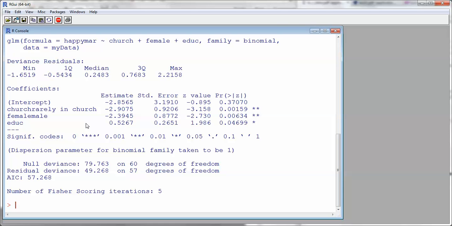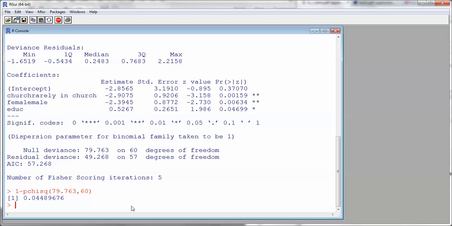Okay? And what these two measures indicate to us is 2 different things. They indicate to us how plausible it is that we would see the data if the model were either constant or if it had the 3 independent variables that we added. And these are chi-squared statistics with this many degrees of freedom. So if we think about the null deviance model, what we see here is that the p-value associated with it is a little bit underneath 0.05,